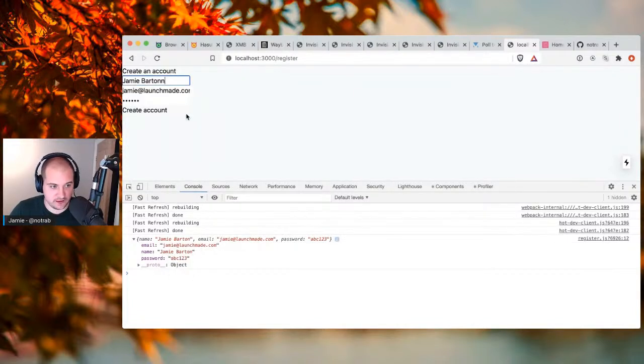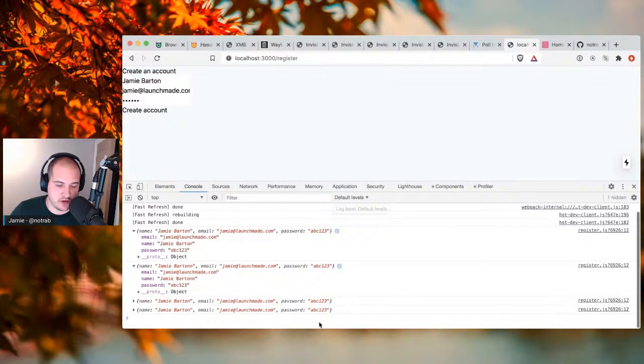in here. And if we submit it again, we can obviously alter the details here, and those come through to the console. So we know the values are there, the values are stored correctly, and if we don't input a password, then you'll get an error, you must provide a password. But if